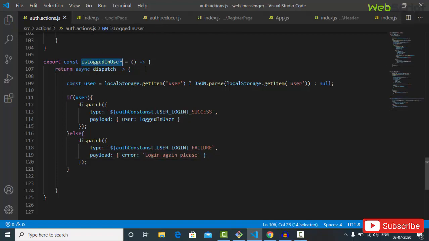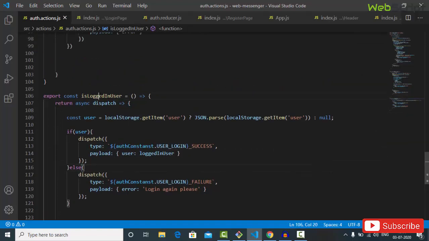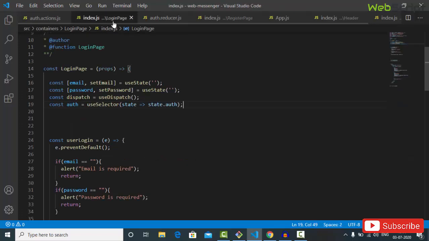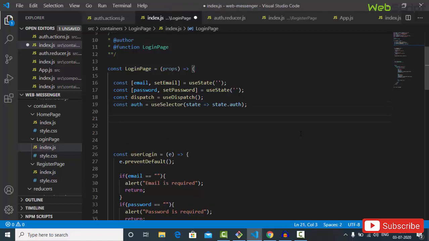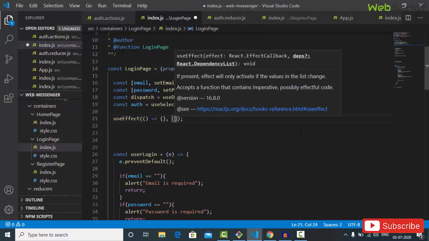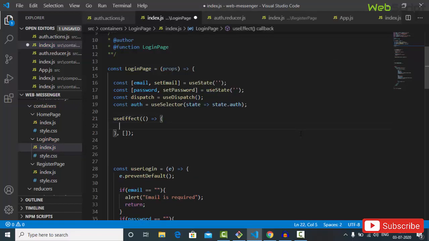So the important thing is where you are going to place it. So this isLoggedInUser, let's try to place this in the login page first. Okay, so here we can place it. We are going to write something similar to componentDidMount, so after the render we will check it. So we'll say useEffect, and it takes a callback function, okay, with the second parameter an empty array in case of componentDidMount, if you're trying to create something like that. Now we'll check if